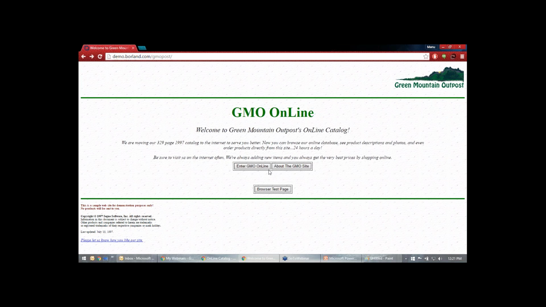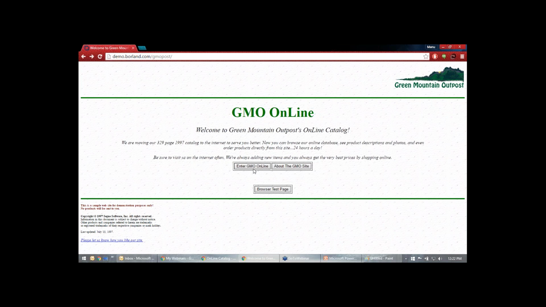Let's say the length is 5 centimeters, and the height is less than 1 centimeter. What is the property? Length. What is the value? 5 centimeters. What is the property? Height. What is the value? One or less than 1 centimeter. Then one more thing, the title of this button. What is the property? Title. What is the value? Enter GMO Online. So these are properties.